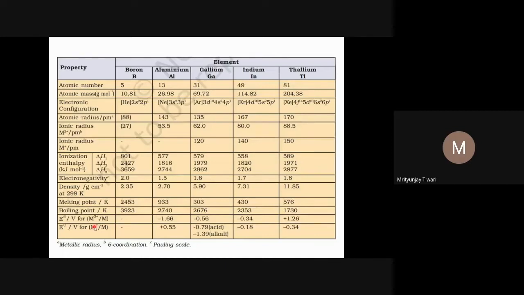What is the inert pair effect? As you go down the group, the penetration power of the s orbital increases, and because the s orbitals are now nearer to the nucleus, removing the electron from the s orbital is difficult. And the example that we see here, as we start writing the electronic configuration,